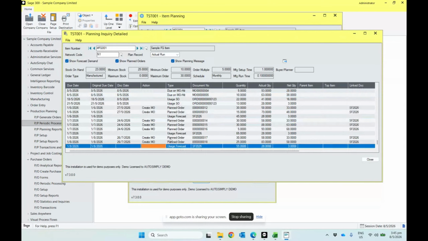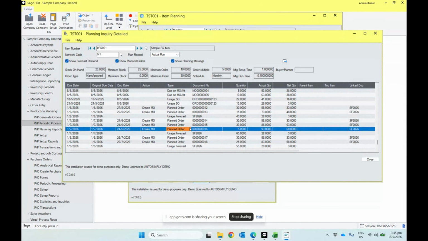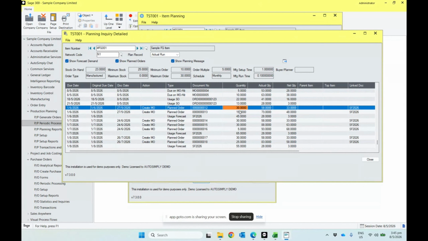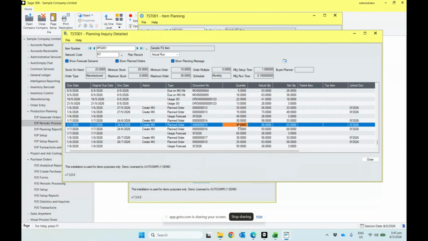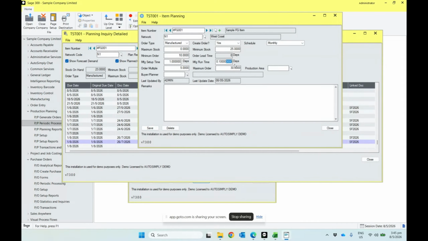Another thing that we can see here is notice that the system is implementing a maximum order quantity of 30. So instead of just creating 65 or 45, it's actually splitting the orders to 30 and 15, 30, 30 and 5, and then 30 and 25. So that is the usage of the schedule as well as the maximum order quantity. So let's just remove them because it's a bit hard to see. And then let's